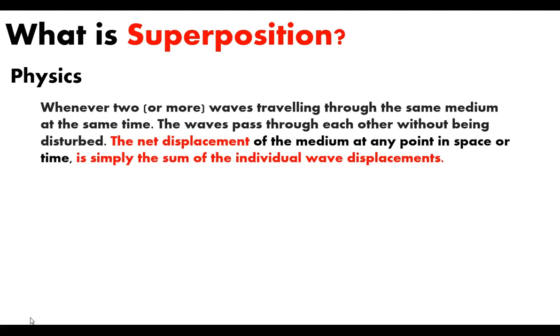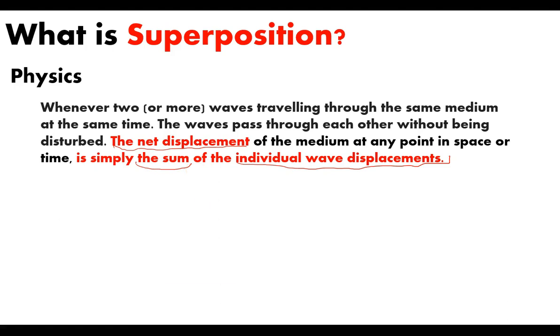whenever two or more waves travel through the same medium at the same time, the waves pass through each other without being disturbed. The net displacement of the medium at any point in space or time is simply the sum of the individual wave displacements. So in physics, when talking about waves, superposition says that the net displacement is the sum of the individual